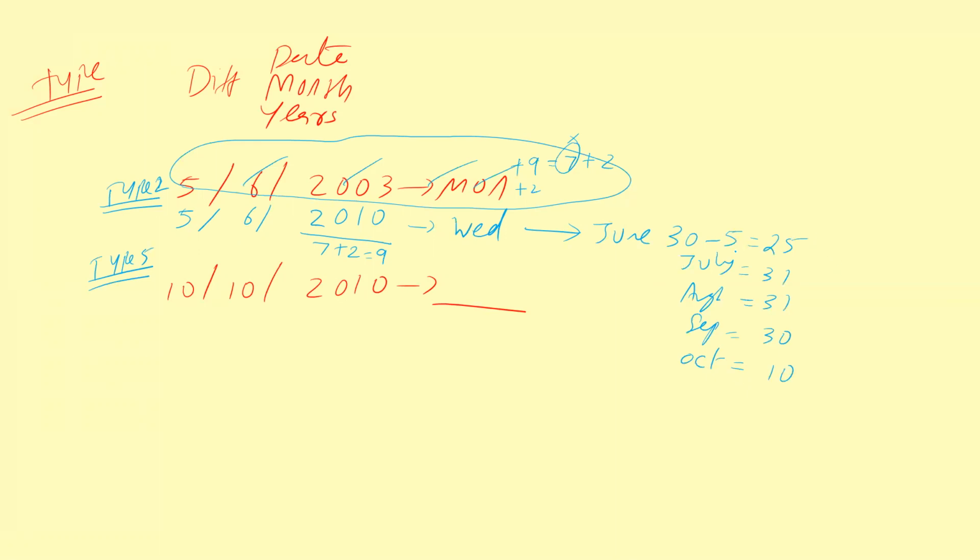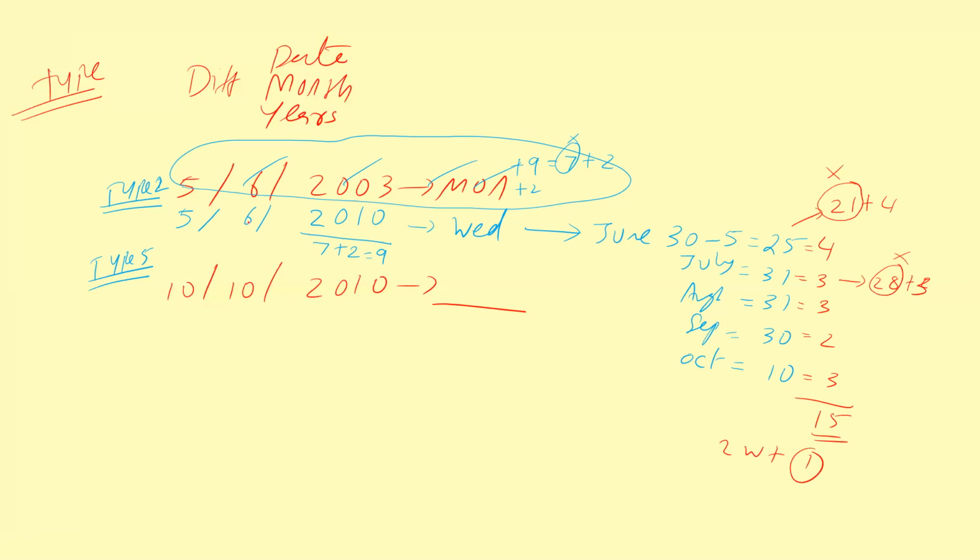Okay. So here we can find the number of odd days. 25 means what? There will be 3 weeks and remainder 4 days. 31 means there will be 4 weeks and remainder 3 days. That means 25, how to write? 21 plus 4. Because 7th multiple we can ignore it, just plus 4. Same, 31 means what? 28 plus 3. So we can ignore this 28, just 3. So multiple of 7 can be ignored. Again, this 3, here it is 2, and here it is 3. Addition of these values: 7, 10, 15. 15 means what? There will be 2 weeks, a remainder 1.